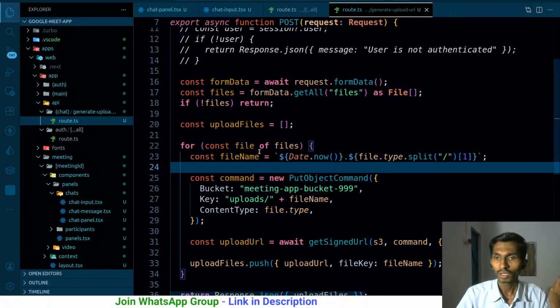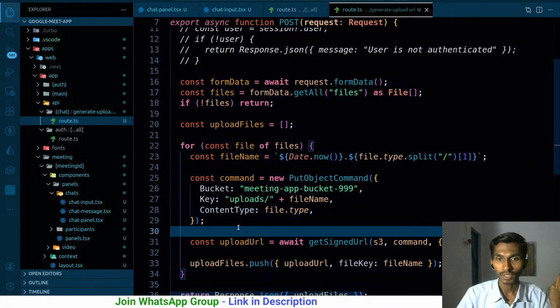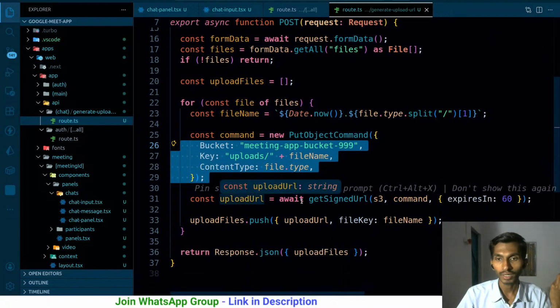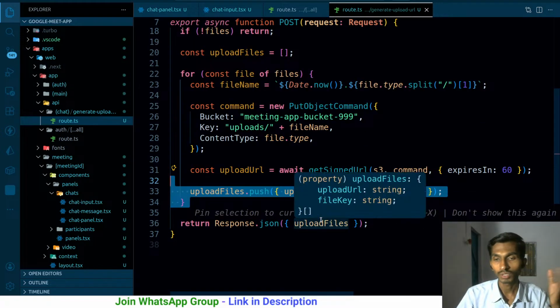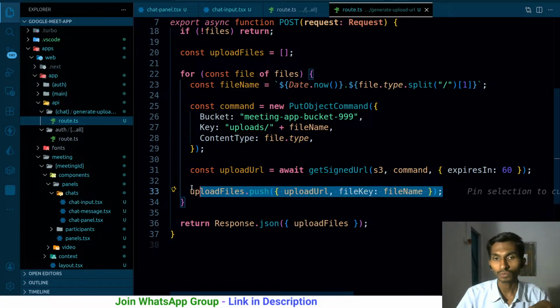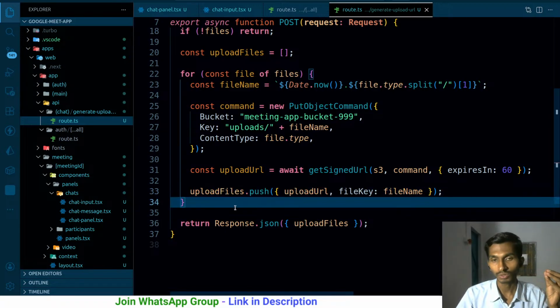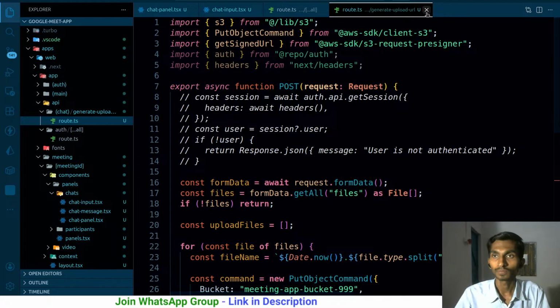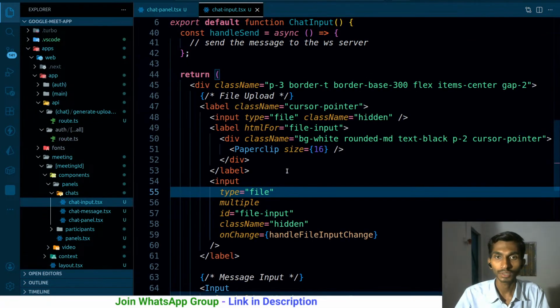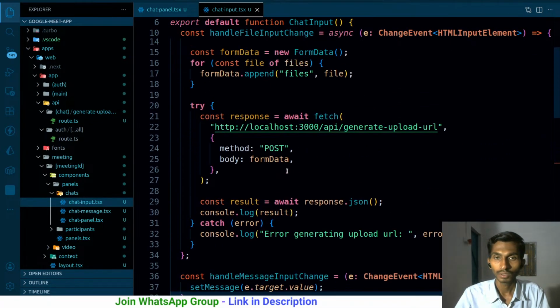etc. Once I looped through that, I created the command. After the command, using the S3 client and command, I actually got the upload URL that is pre-signed, and I'm sending it back to the user. By the way, because there could be multiple files, I'm pushing them first and then sending them back to the user. So this is what I'm doing here. Once the user actually receives it on the front end side,